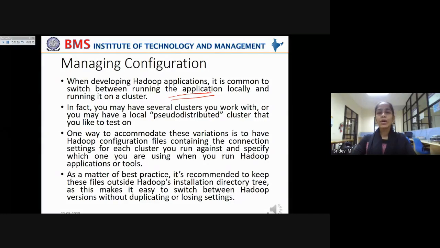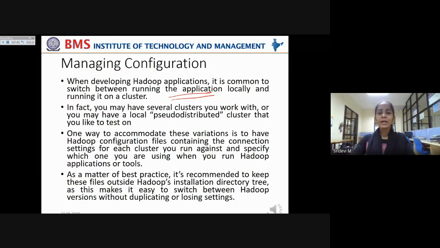Now, one way to accommodate these variations, or swapping between these two scenarios, is to have Hadoop configuration files containing the connection settings for each cluster, so that you run against it and specify which one you are using when you run Hadoop applications or tools.